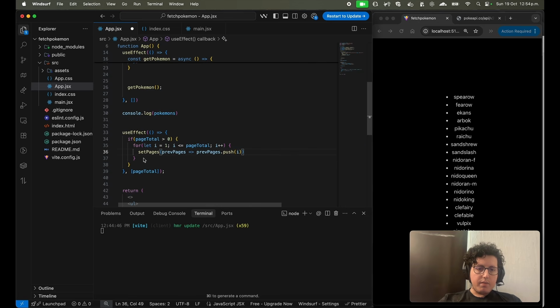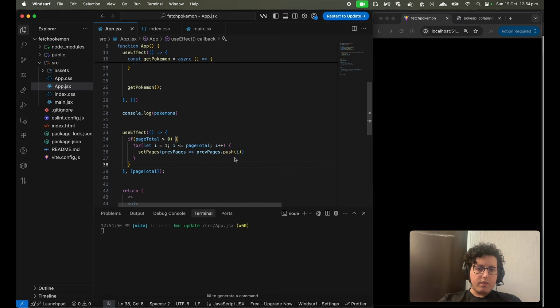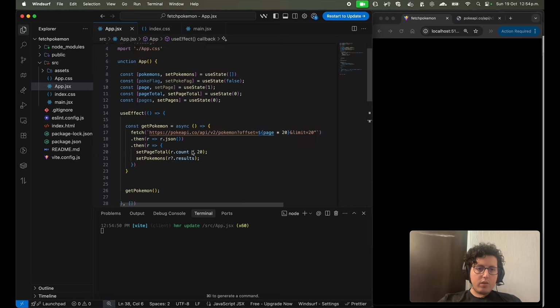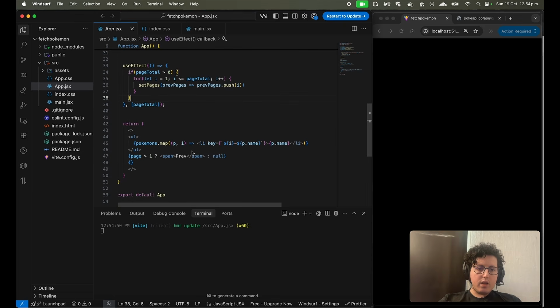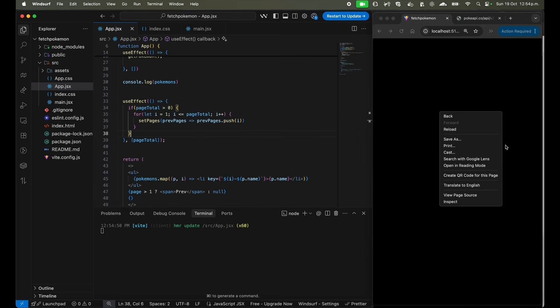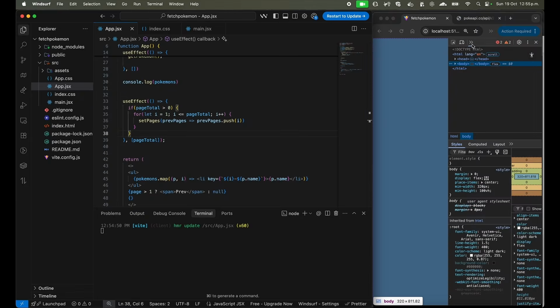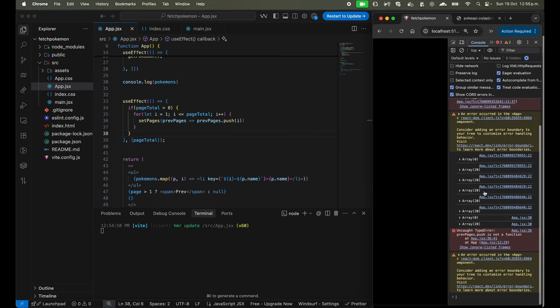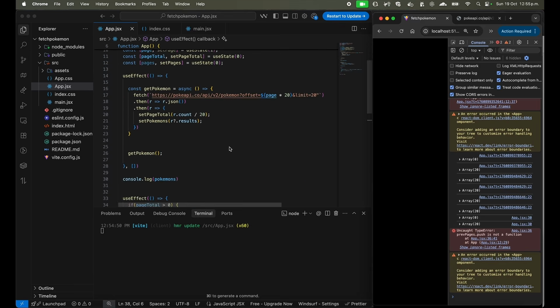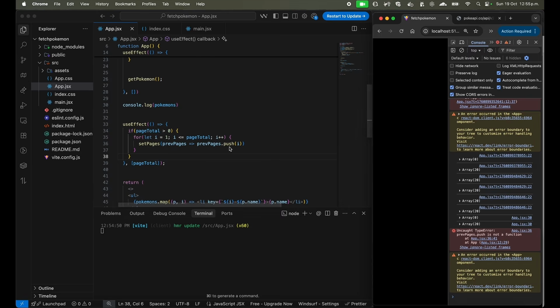Okay, so this is going to be doing it, and something is missing here. I am doing something wrong, of course. Push is not a function of prevPages. Yeah, because it doesn't identify it as